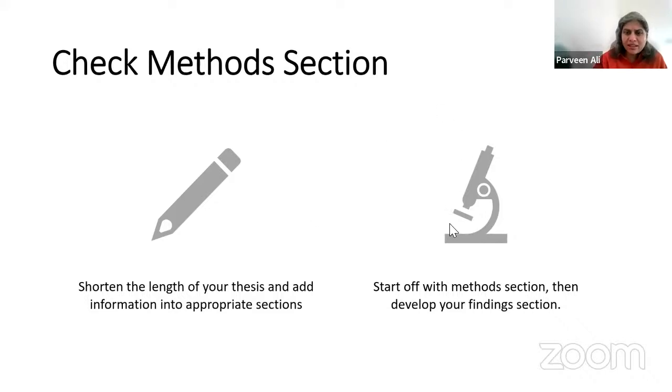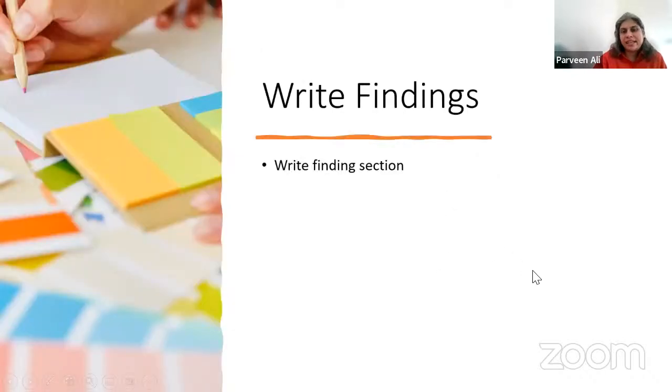Once you've done that, and my slides are stuck, then write your findings section. Again, when you're writing a journal article, after the methods, writing the findings section is perhaps the easiest one, because